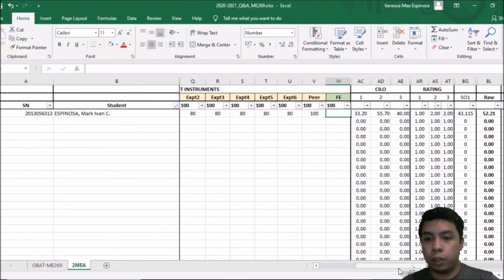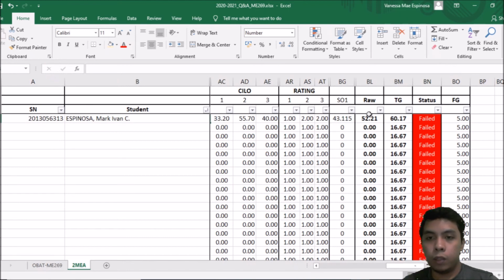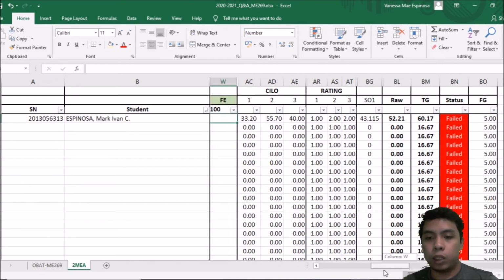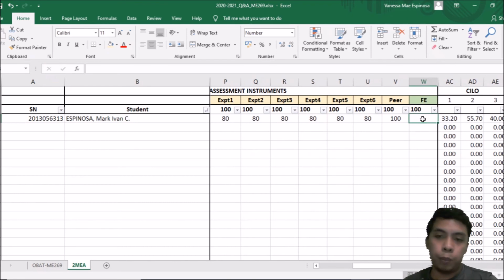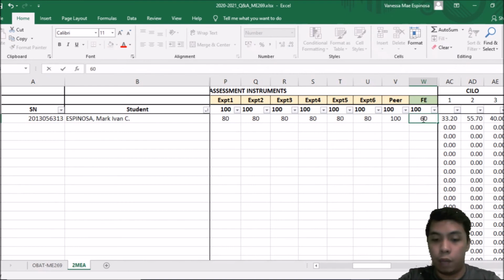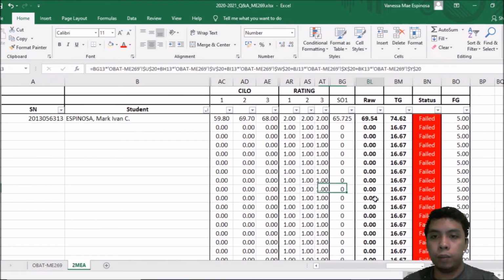As you can see here, my raw grade is 52.25 pa lang. So with the basis yan ng 70 passing. So mababa pa, no? Bagsak pa, 5. So check natin kung ano dapat yung magiging grade ng ating final exam. So for example, pumasa naman tayo sa final exam, ang grade natin ay 60. Or sorry, 70. 70 nga pala ang passing. So 70 ang passing, check natin kung ano yung final grade.